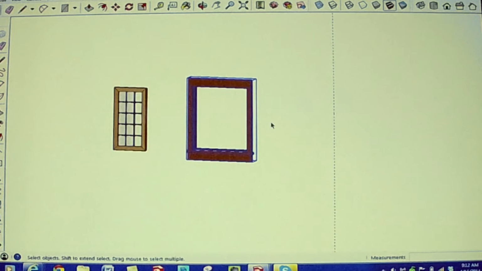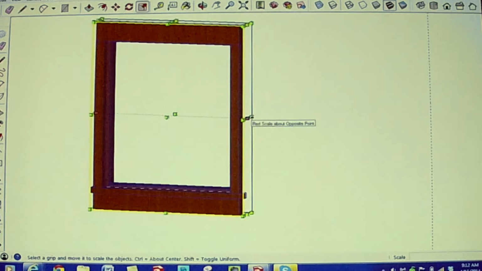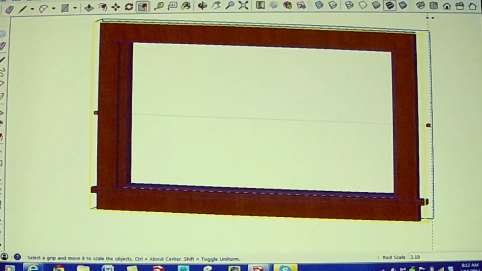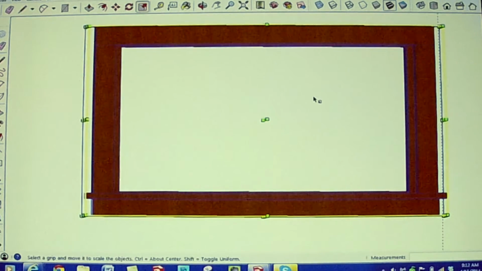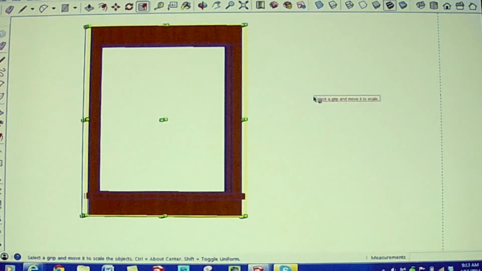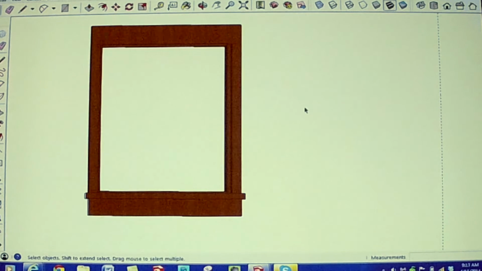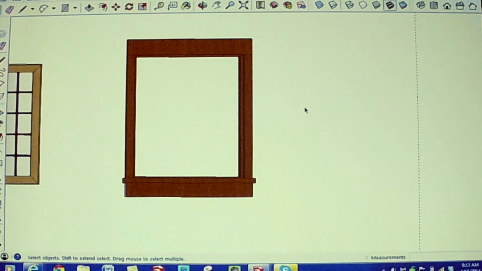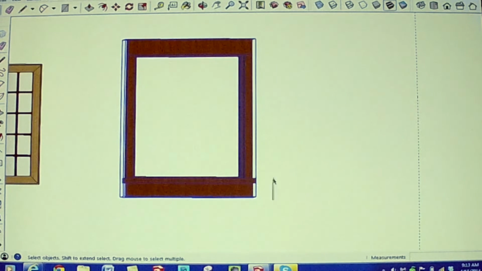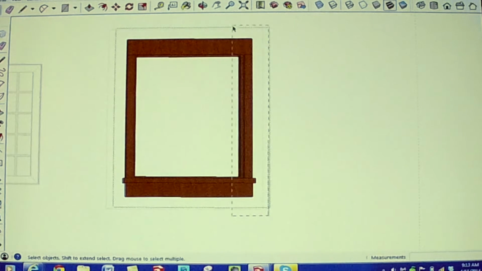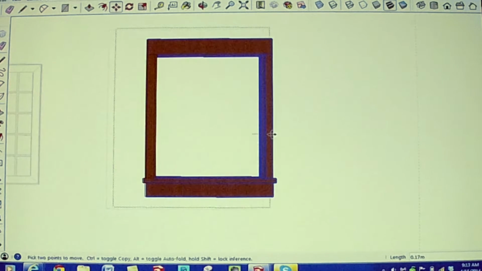So I'm going to select it, and if I scale it out to 8 feet, I mean, I can scale it that big, but when I turn around and look at it, the proportions of the window here are getting kind of wacky. So here's a really cool way to get around that. So we all know about SketchUp stickiness when things are moving that we don't want to move. So here we're going to use it to our advantage. So I'm going to select just the pieces on the right-hand side. And then I'm going to, with the move tool, move and drag that over, whoops,